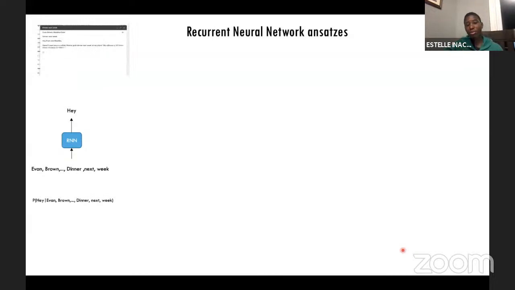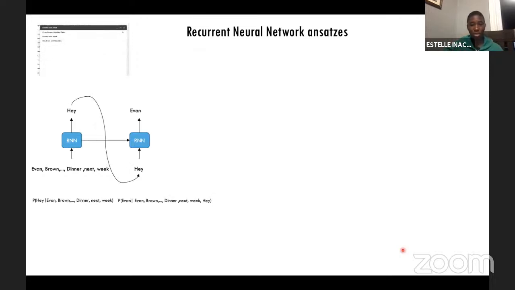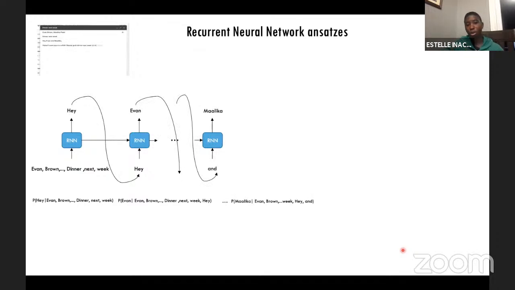So in this sense, it has learned a conditional probability distribution of sampling the first word given a name. And it uses that first word as an input to sample the next word, and so on and so forth. So here it has learned the second conditional probability distribution. If you keep on going, you've learned a bunch of conditional probability distributions, and if you multiply them with the chain rule of probability, you have basically learned the probability to sample the first sentence of your email given an input, right? So how does it relate to us wanting to solve optimization problems?